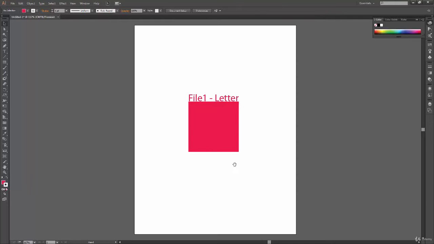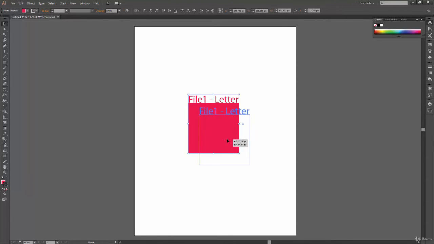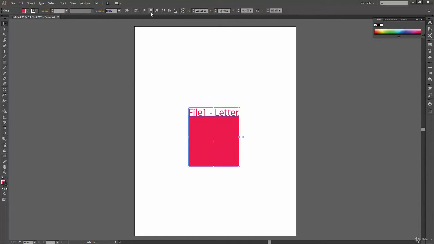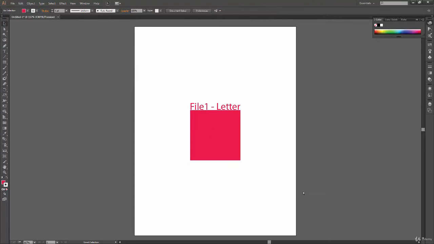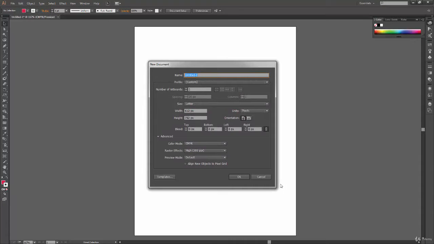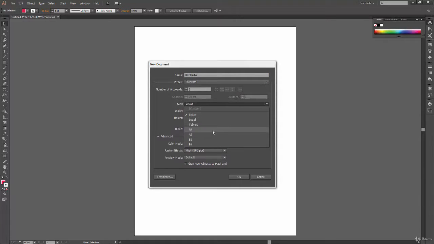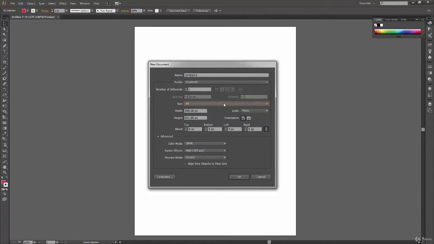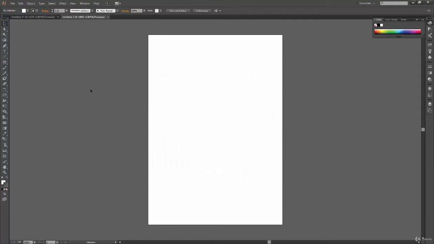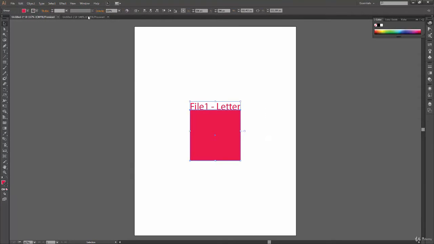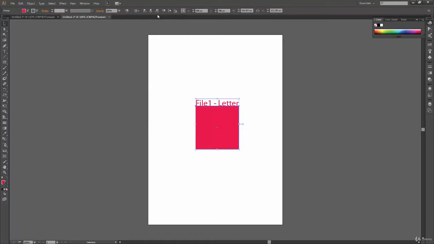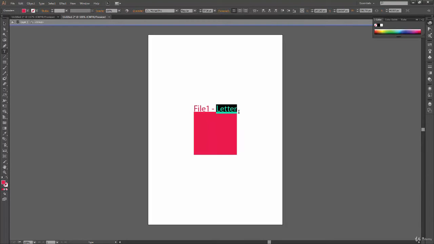As of now you can just ignore it. So here we have our... just a minute, I will do one more thing here. Center align, okay, this is center align now. Now let's create another file. This time instead of letter we will use A4, and here we'll just copy and paste this stuff and center align it, and let's say this is A4.